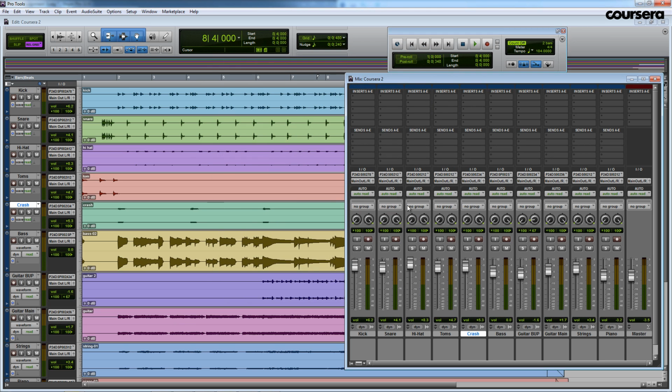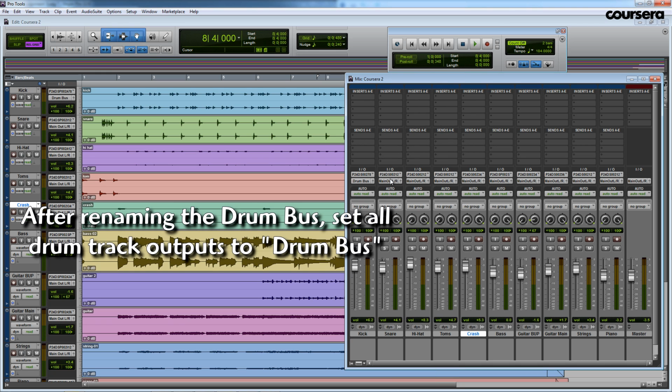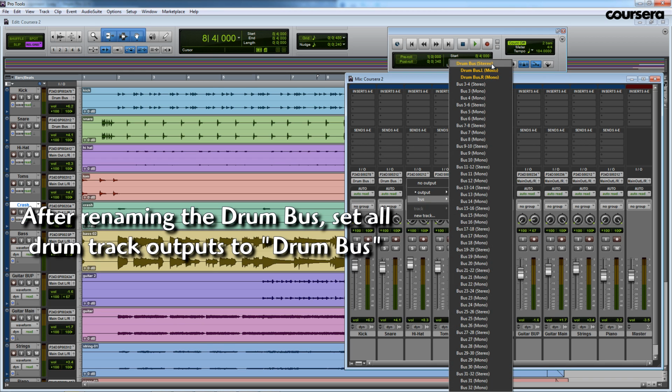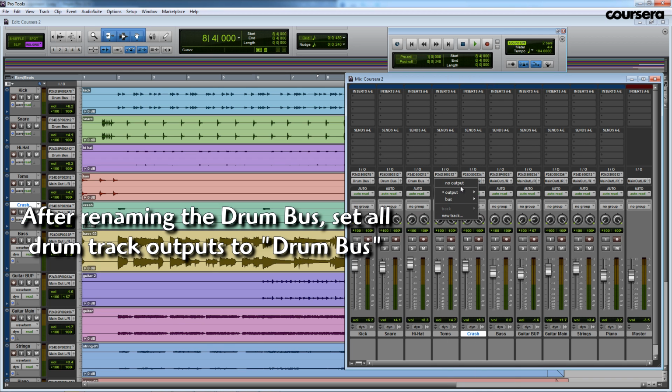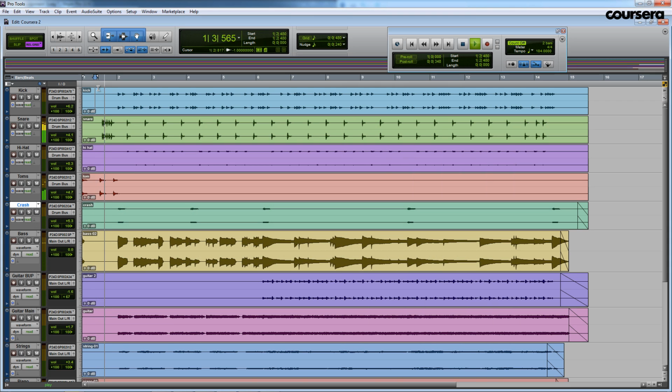After renaming the drum bus, I will set all of these to the drum bus. You can see here, this is your new outputs for your drums. I will set the toms to the drum bus, and I will set them to the drum bus. But as we listen to it,